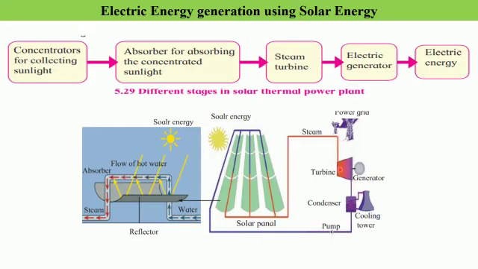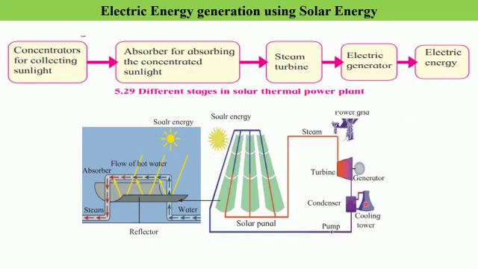Here we have a steam turbine which gets rotating when steam falls onto it with lot of force and lot of pressure and very high temperature. Then we have electric generator. Once the turbine starts rotating, it activates the generators. The generator on moving produces electrical energy. So electric generator, electric energy is generated.